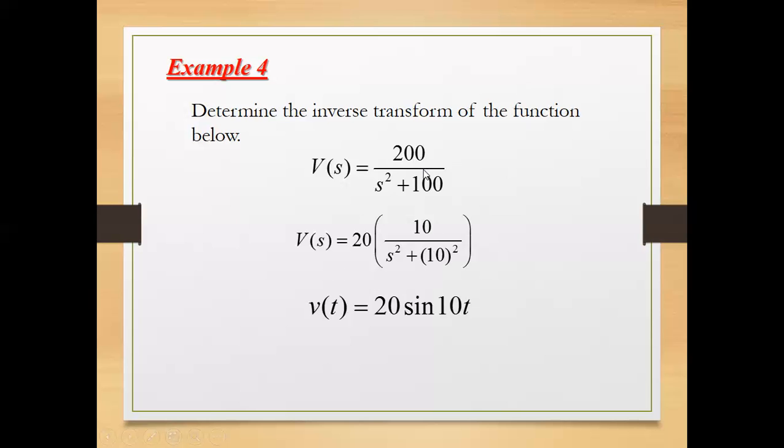You simply divide whatever constant appears in the numerator by this particular omega that you have taken from the denominator, because the goal is to make your function of s standard and recognizable in terms of the forms of the function of s that appear in the table that I have shown to you. So constant divided by the value of the omega, which is based on the constant that was squared in the denominator. So then it should be 20. This one is the sine of 10t, and that 20 is multiplied to it.